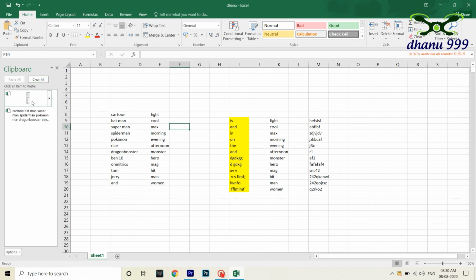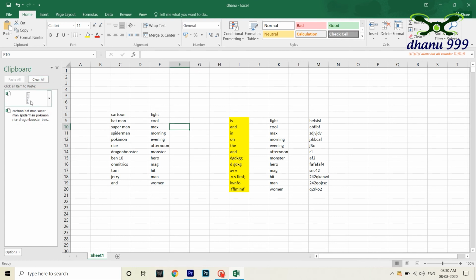Recently what we have copied, all that history will be here. I had copied this before, and also I have used the arrow mark copy as a picture, and here we got this. If I don't want this history, I can right click here and delete it, so that the history will not be here. Or I can delete the total history like this and clear all. Like this, if I press, it will be clear all.